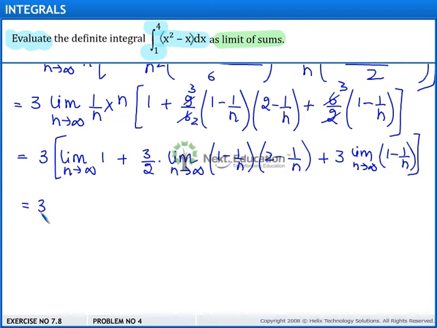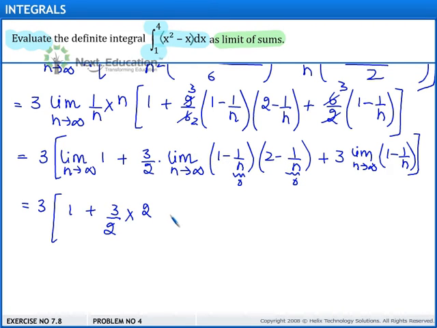So this is equal to 3 into 1 plus 3 upon 2. Now here this term becomes 0 and this term becomes 0. So we have multiplied by 2 plus, since 1 into 2 is 2, 3 times. Now this term is 0. So we have 1 minus 0, 0. So into